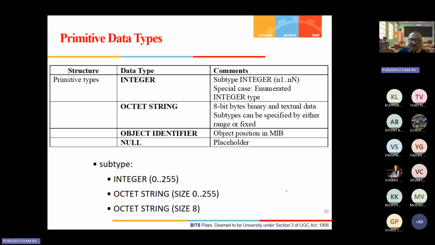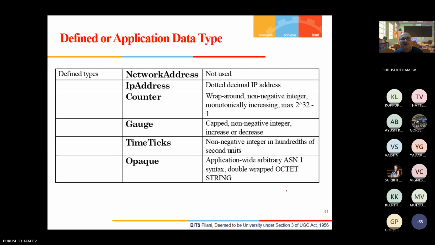That's also possible. With this, you can also define the data types here, which is very important. There is a possibility of primitive and defined data types.